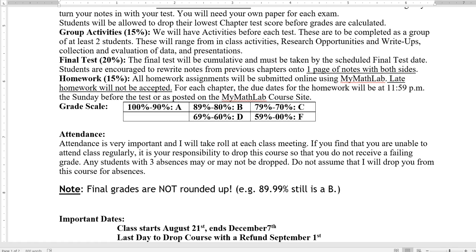For the chapter tests, you can have a note card, front and back. Some people get very excited about that. That means I'm not going to expect you to memorize all the definitions. That also means I get to be meaner. Because I'm not going to expect you to memorize all those definitions, I'm going to ask you to